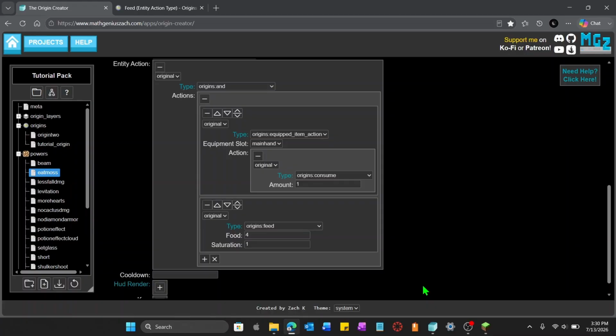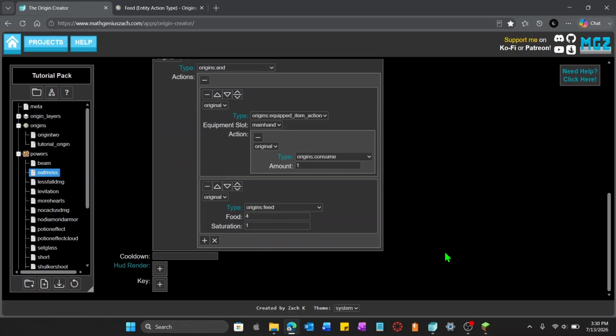I'll just keep it at that for now. You might want to balance it more, depending on what it was. But anyways, so for cooldown, unless you want to be able to eat these immediately, you probably want to